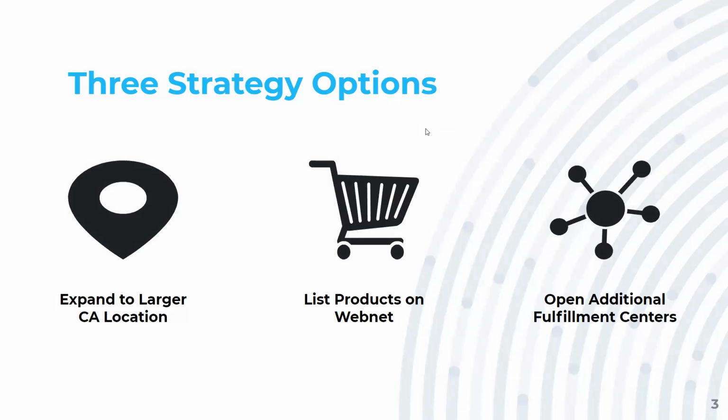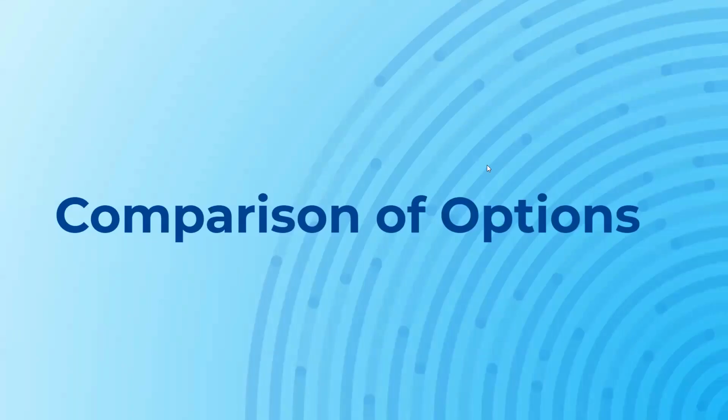So we had three strategy options to choose from. We could either expand to a larger California location, we could list products on WebNet, or we could open additional fulfillment centers. And to compare the options, the first thing we wanted to look at